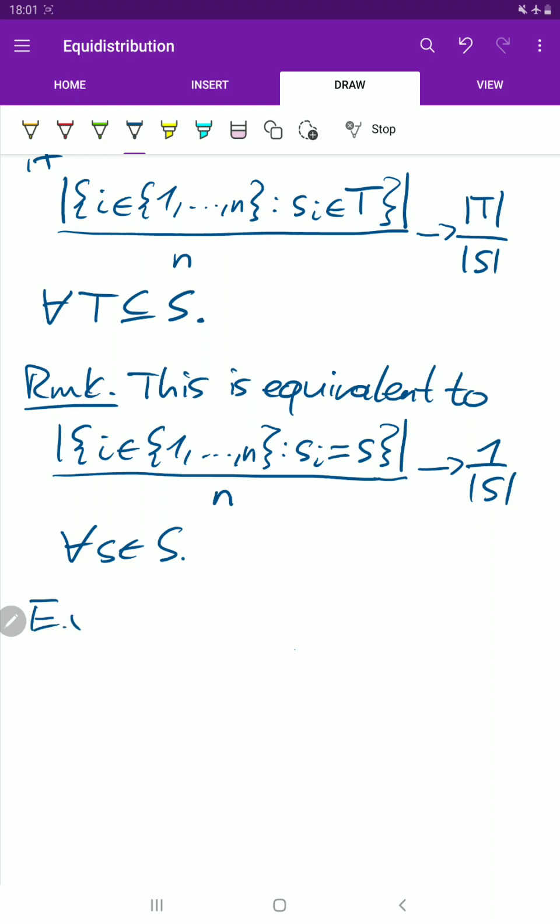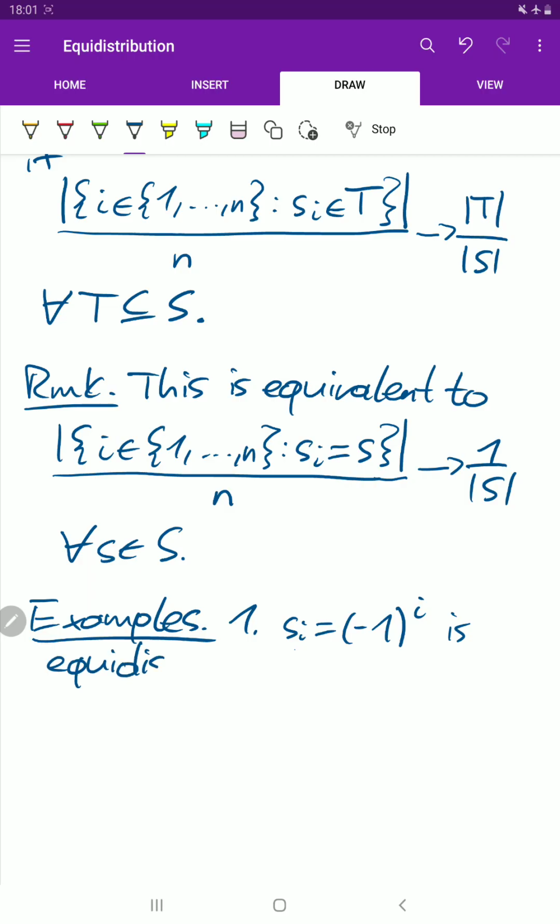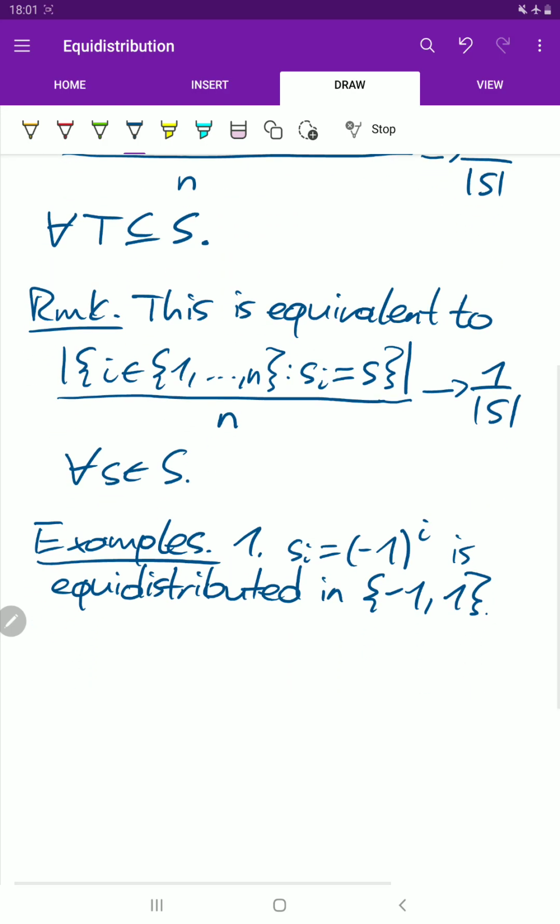So first example is, let's say s_i equal to (-1)^i, and now this is equidistributed in the set {-1, 1}. Or another example of equidistribution would be,